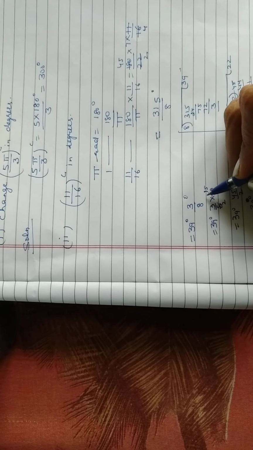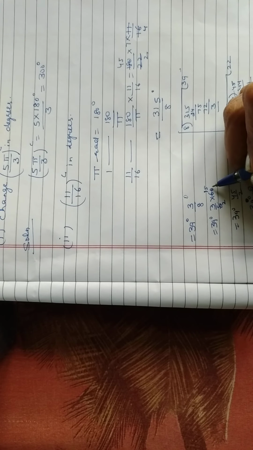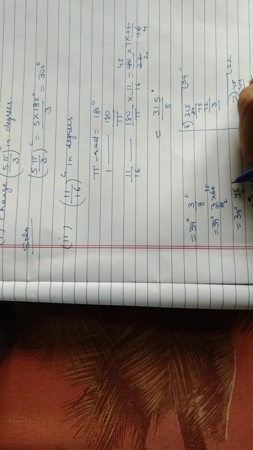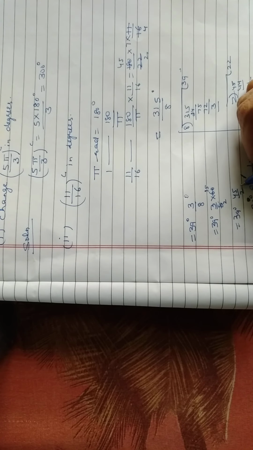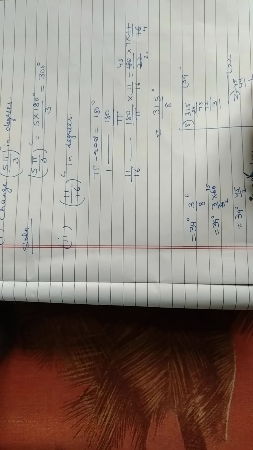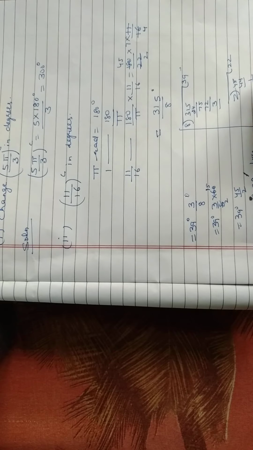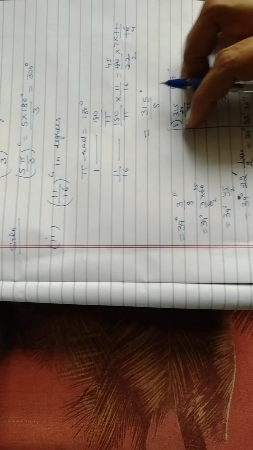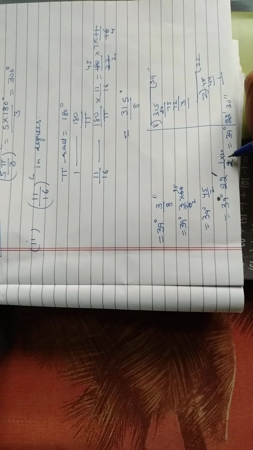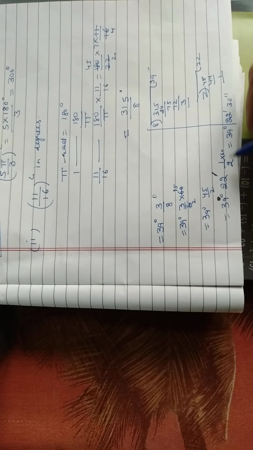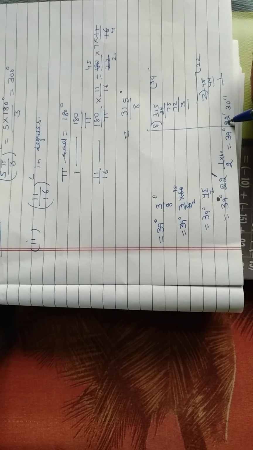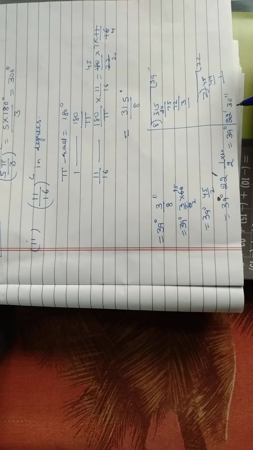Now you have to convert it into minutes. So you will multiply this by 60. When you will multiply it by 60, you will get 45 by 2. So it will be 45 by 2, again, it is what? Minute. You will convert 45 by 2. So it will be 22 minutes and half will be left. Now you will convert into second. So again multiply this by 60. So you will get 30. So finally you will get 39 degree, 22 minutes and 30 seconds.